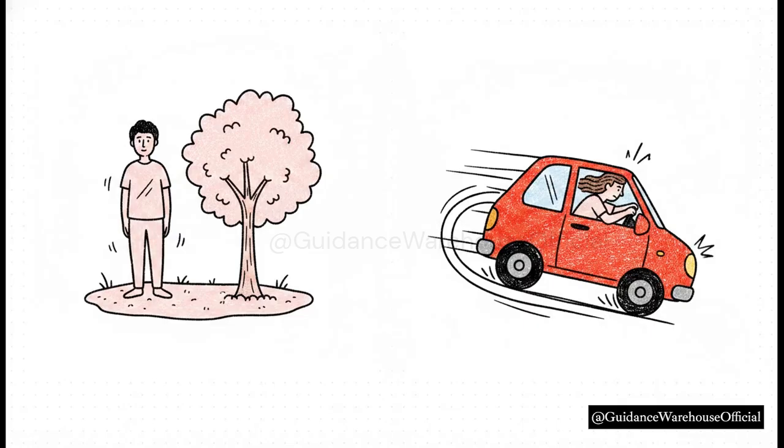To solve the mystery of the car turn, physicists look at something called a frame of reference. Basically, think of a frame of reference as your point of view. Now that observer on the sidewalk is standing on Earth, which is what we call an inertial frame. This just means it's mostly stationary or moving at a steady speed, and all forces have a real identifiable origin. But inside the car, you're in a totally different environment. You are in a non-inertial frame.